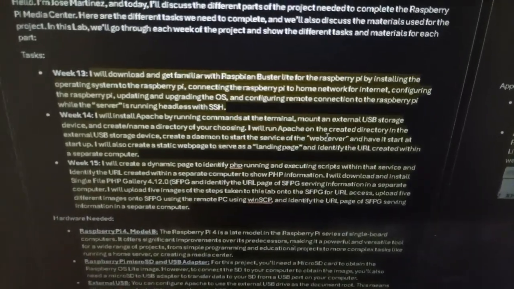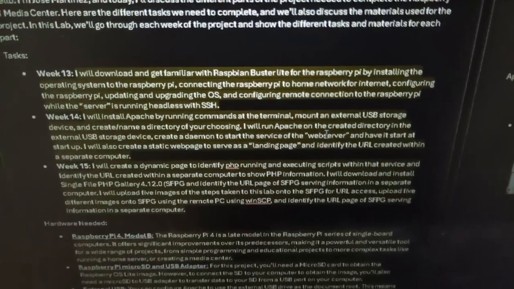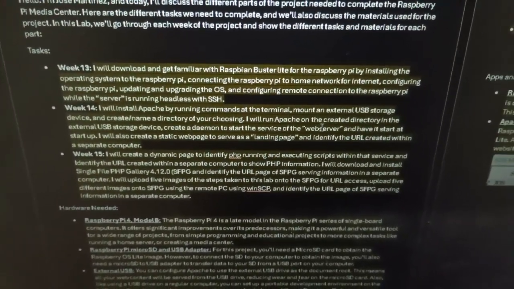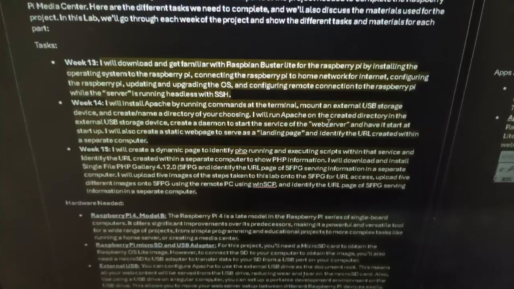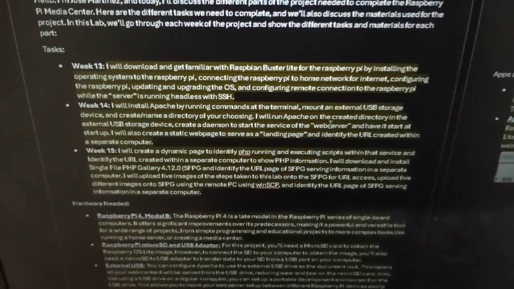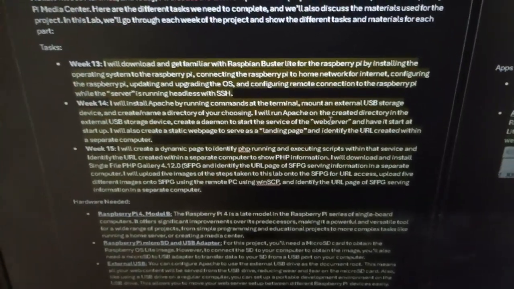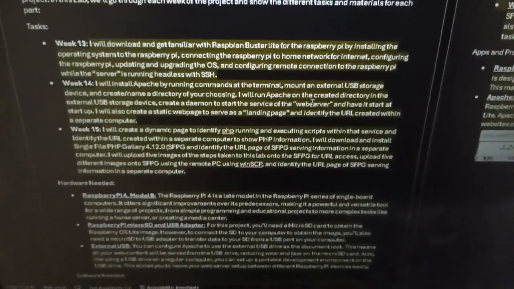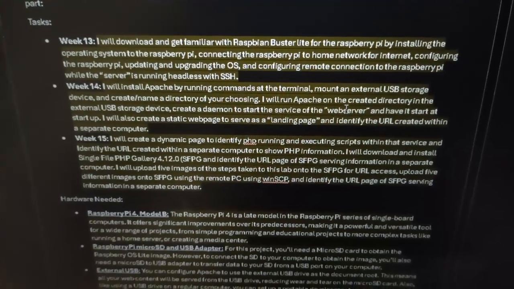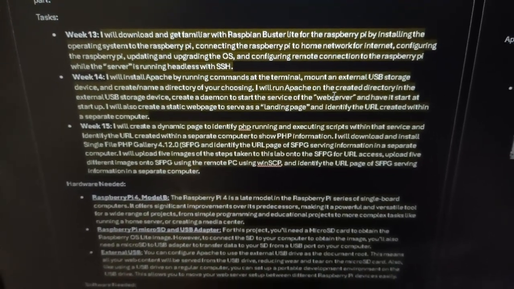Next part has me installing Apache, mounting a device and creating a directory, as well as running Apache on the directory, creating a daemon, as well as a static web page, and identifying its URL. Last but not least, creating a dynamic page to identify PHP running, executing scripts in the service, and